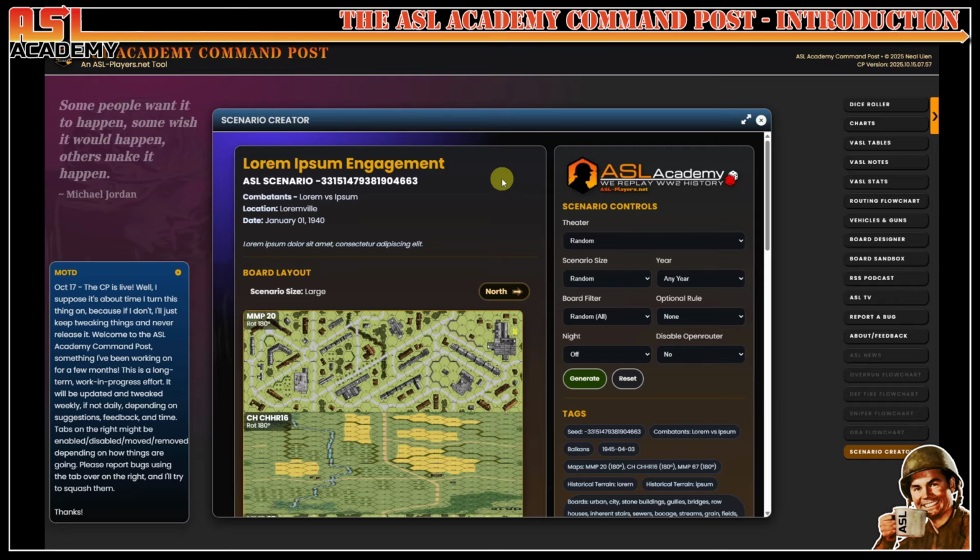They'll be completely random, so it'll go into my database and take a historical action and try to match up combatants from that, like German and American or whatever. Or you can sort: do it by a year, a theater, or nationalities, or whatever. And I'm going to try to bake in the basic point value system from Chapter H, at least some version of it, where you can enter basic point values, and it will try to generate a scenario,